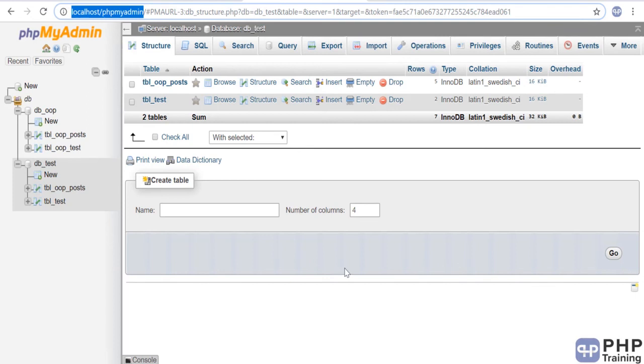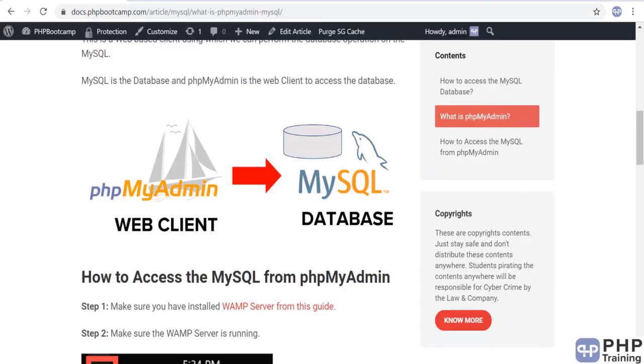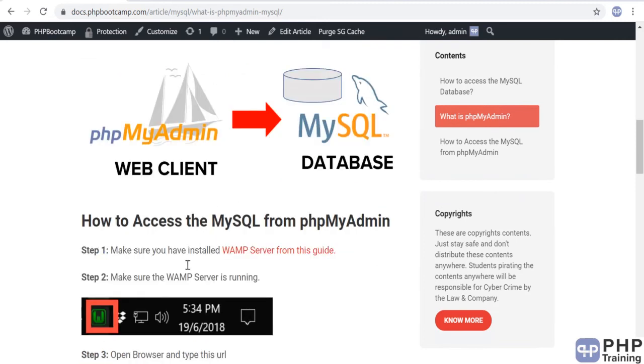Make sure you log in. In the next sections we'll create all these things and play around with this dashboard. But as of now, what is phpMyAdmin? phpMyAdmin is a web client using which you connect to your database, and we access the database via this web client. In the upcoming sections we will write our PHP code and directly connect to the MySQL database. So don't assume that we have to connect to phpMyAdmin which connects to the database. We directly connect to MySQL, where the actual data is stored. We'll do all operations on the data via SQL commands.